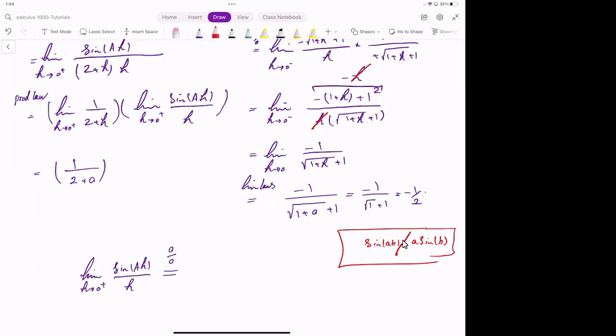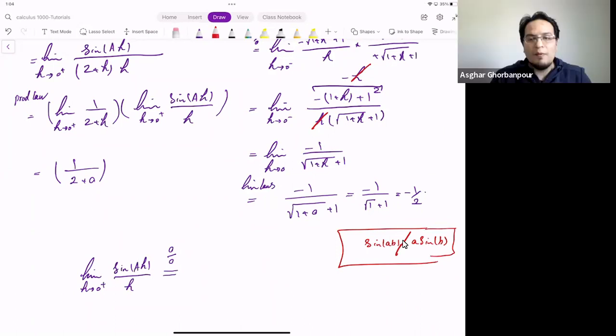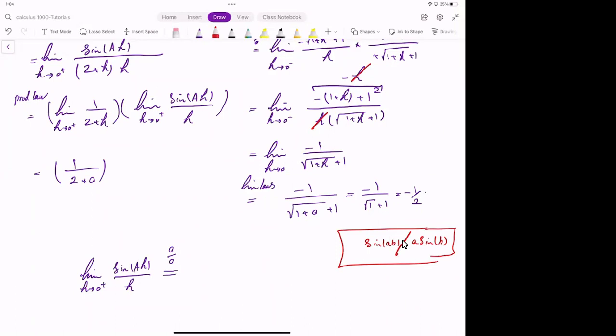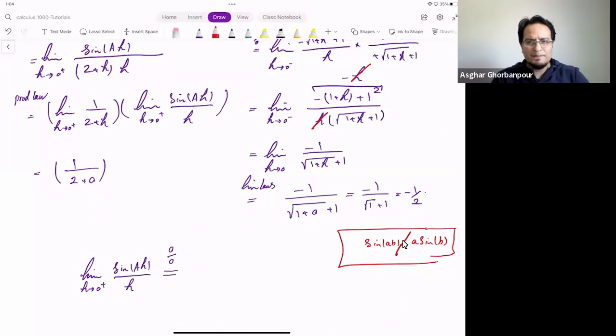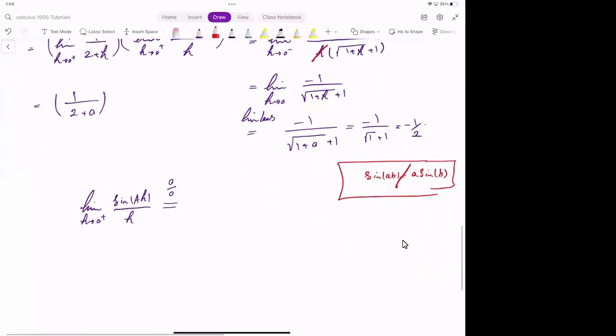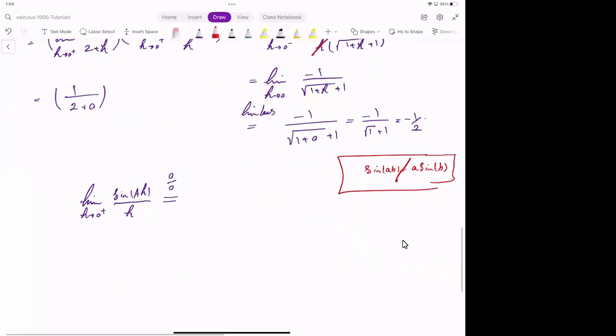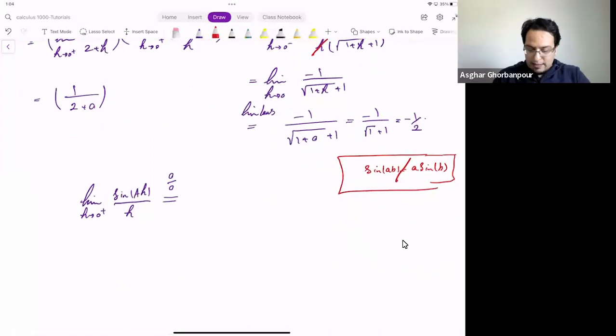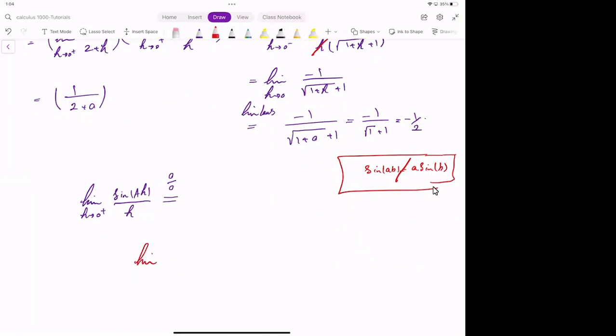Is it 1? Who's this? Sorry, can I? Adam. Adam, can you tell us why it's 1? I just think it's a rule that we're supposed to know. Sine x over x, I think. Yes. Okay. One of very important